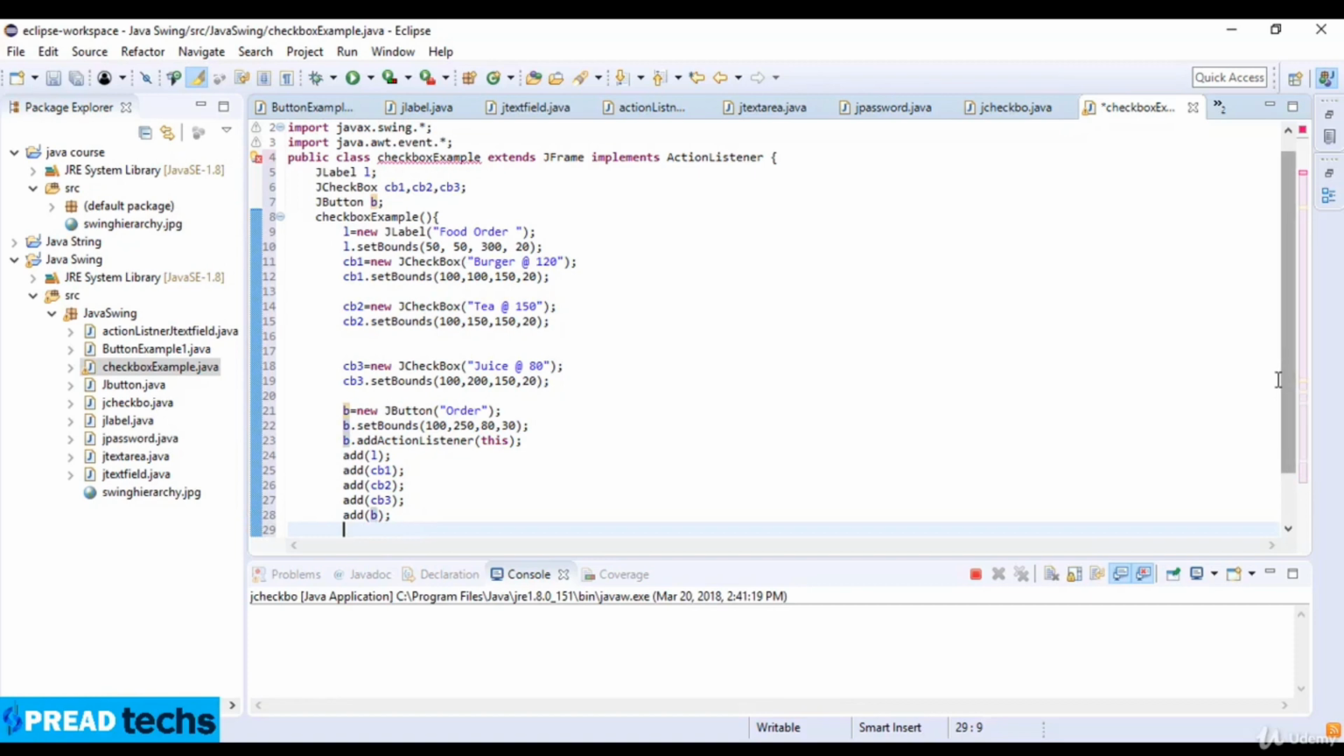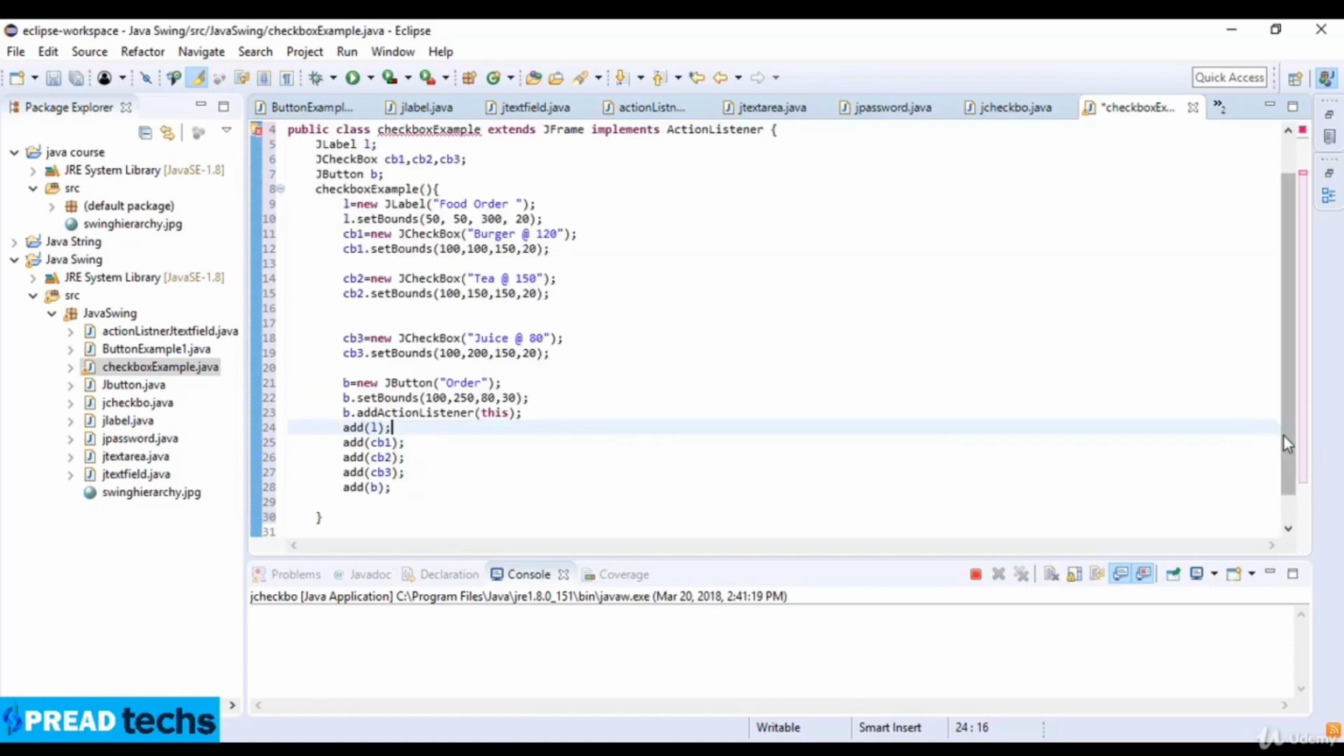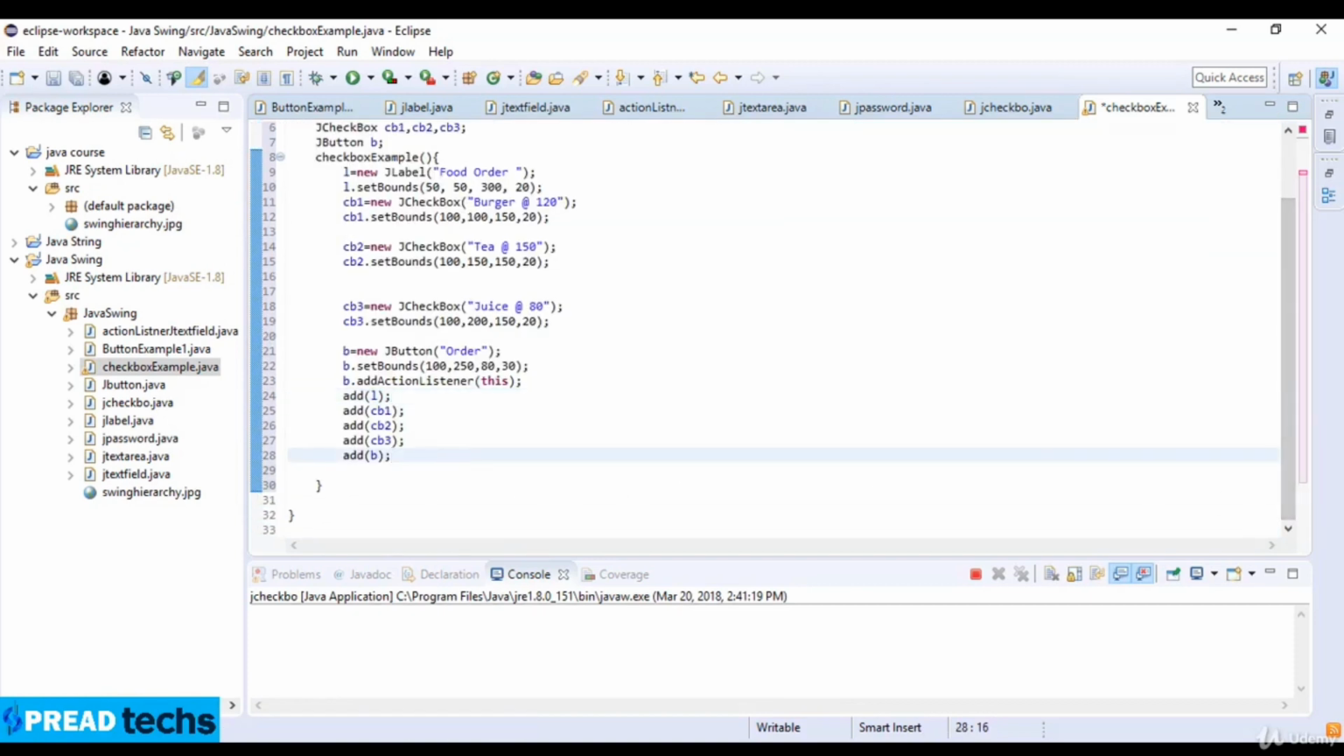And then after adding the values, we just go to the size. So set size, which is 400 and 400. Okay, now here set layout, and the layout here is null,